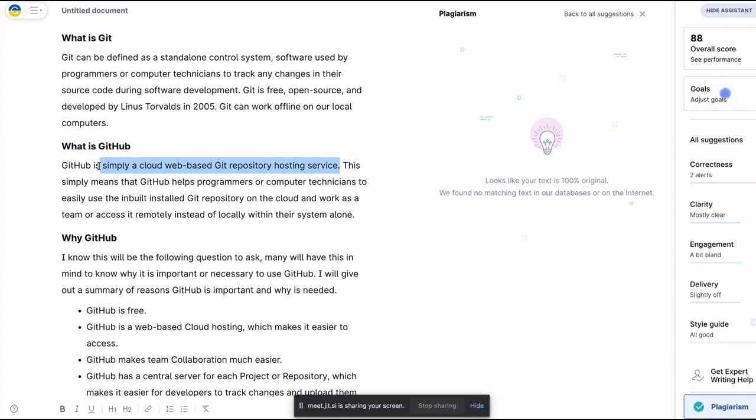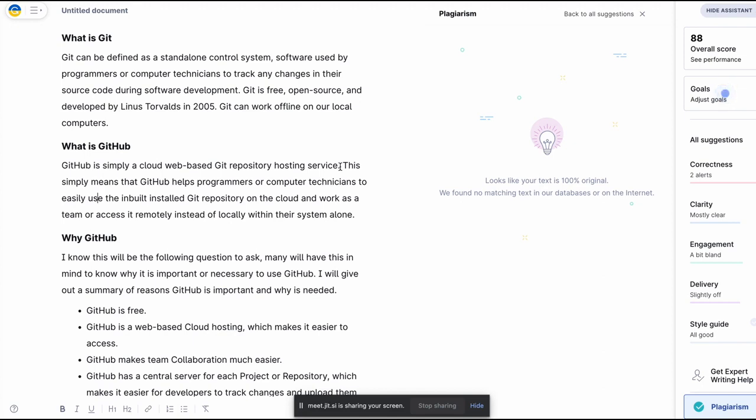I'm seeing the web-based, cloud web-based Git repository hosting service. So it's fine. What I would like you to do is, I would like everybody to note it down, probably Mr. Trice particularly. I would like you to submit it back. Now work on your definition. Try to make it as simple as possible. This is looking too big.